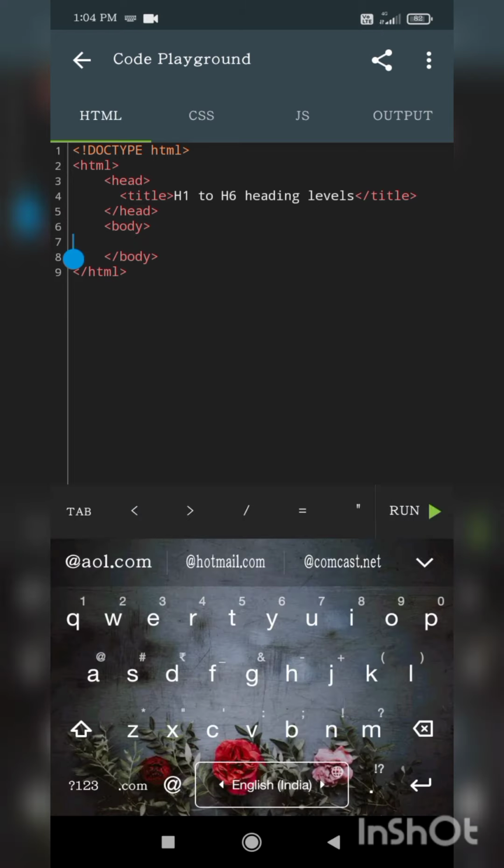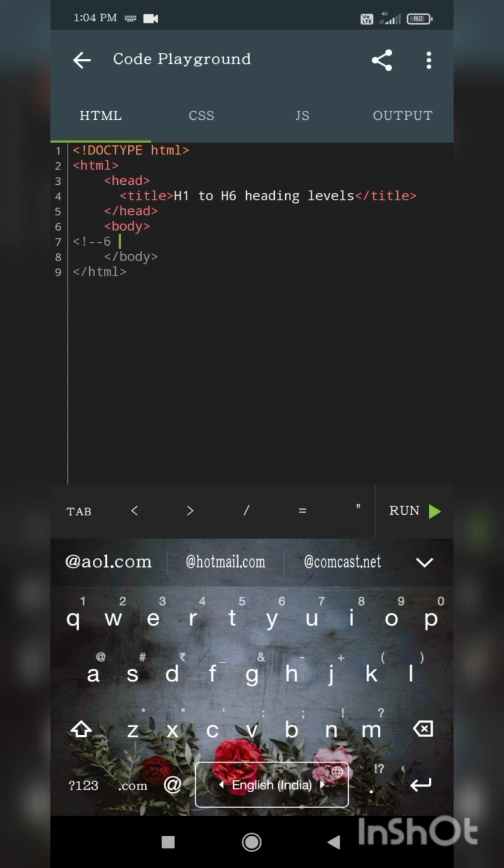So go to that body tag. I am going to explain about the heading tag. This tag is used to define different heading levels in a HTML document. And friends, there are 6 heading levels. I'll write that in a comment tag. And also remember my dear friends, whatever you are writing in comment tag also will not appear in output.